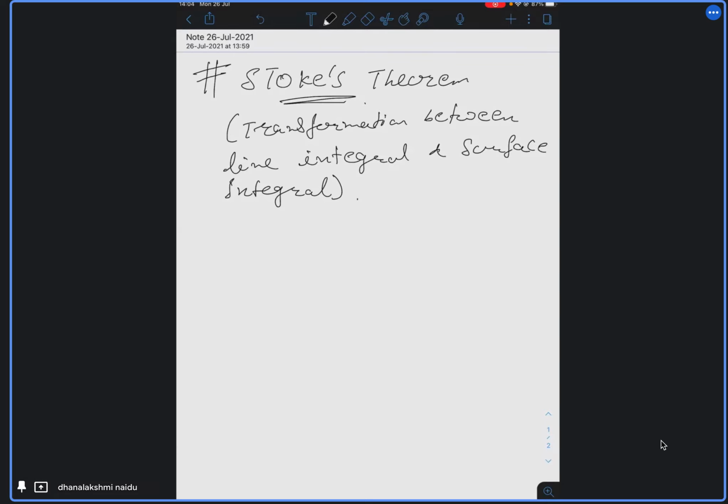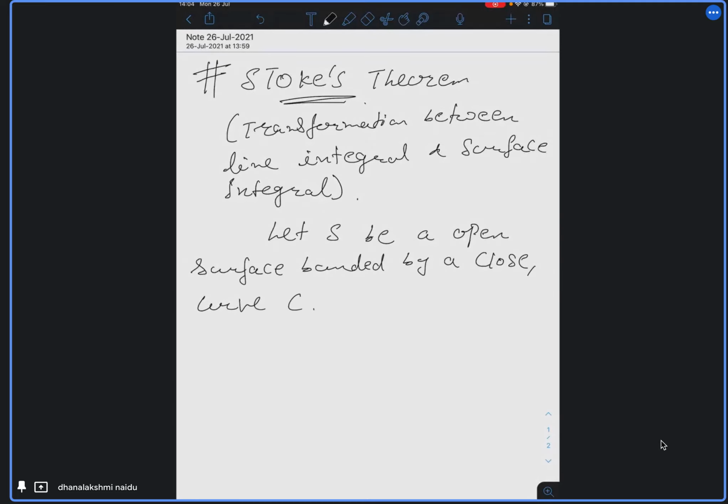So here is the statement. Let's see what is the theorem. If you have S, which is a surface, but it is an open surface, bounded by a closed curve C. And if you have a vector which is differentiable, any vector where f bar is any differentiable vector point function,